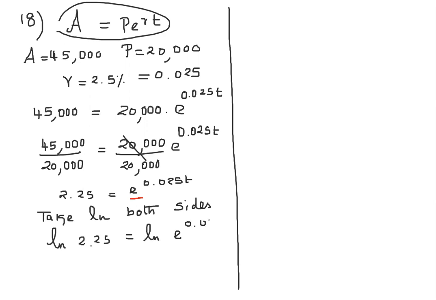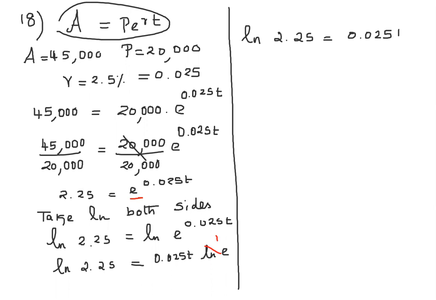Now you have to apply the power rule. So we have ln 2.25. So the power comes to the front. We have to move the power to the front and times ln e. But we know that ln e is always going to be 1. So we get ln 2.25 equals